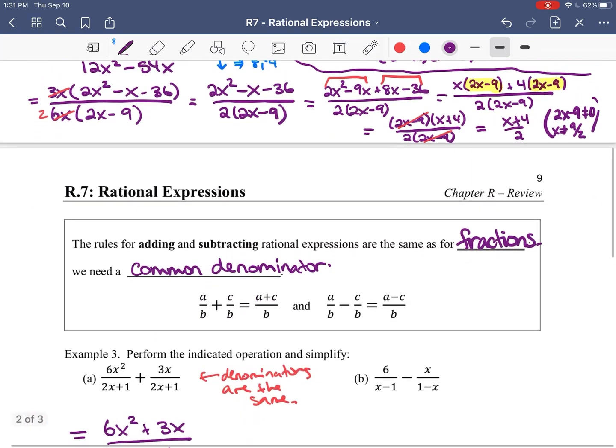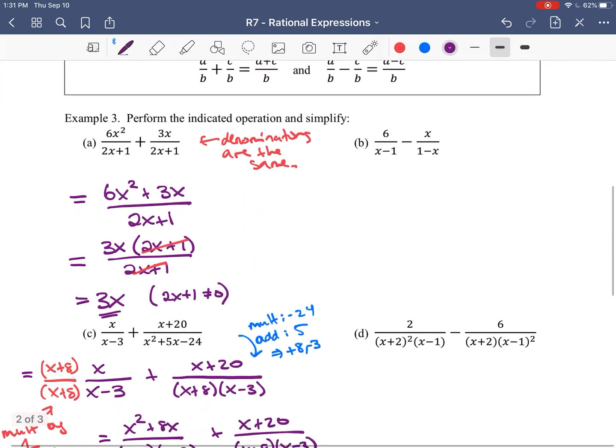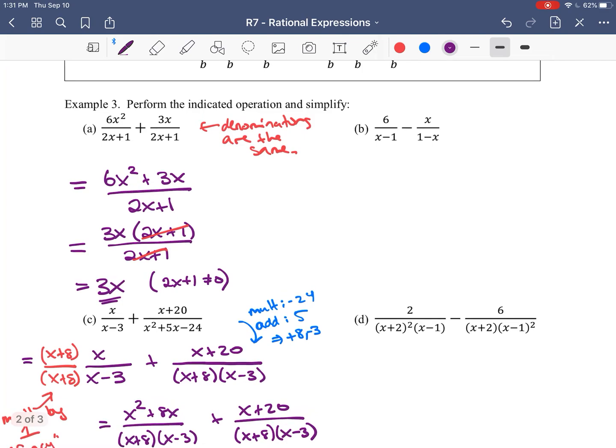I think those are the only, oh no, there's a couple more here. So with addition and subtraction, we need to make the same base. Okay, so we need to have a common denominator. So similarly, what we just did above, I'm going to write it here again. So 6 over x minus 1,